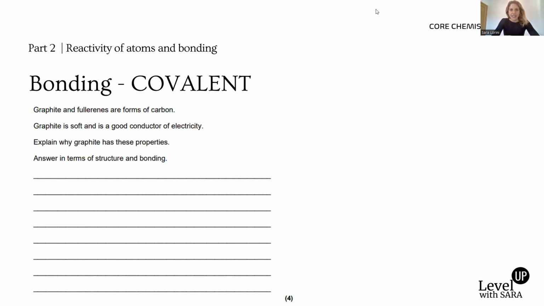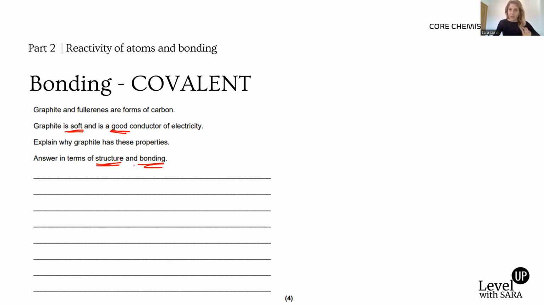Okay, another one of covalent. This time we're talking about different structures. So once again, we have 4 marks, so it's quite open. Answer in terms of structure and bonding. So you will see that this is really the key points of this question. Graphite and fullerene are forms of carbon; graphite is soft and is a good conductor of electricity. So notice that the marks are clearly for explaining these 2 properties, and then in terms of structure and